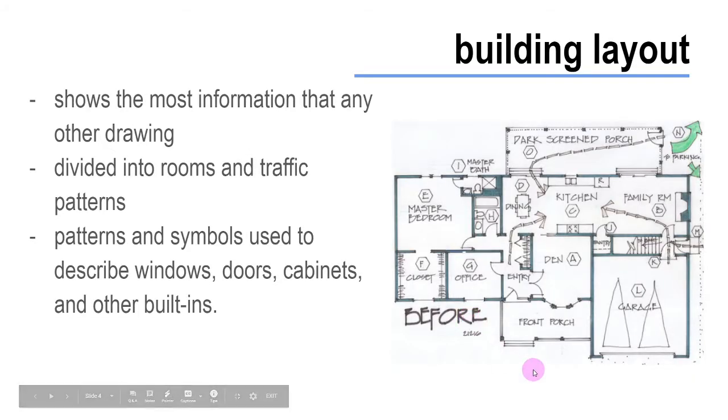So, as I mentioned before, the floor plan is showing all of the walls, doors, and windows. And it shows how the building is divided into rooms and how I would get from one room to another. And it's important, before you really start construction or really look into the nitty-gritty of the building, laying out any dimensions in your plans, to think about how you are getting from one room to another. And so we refer to those as traffic patterns: